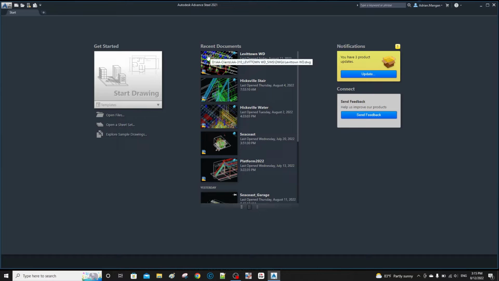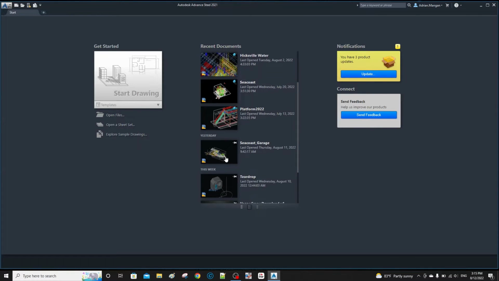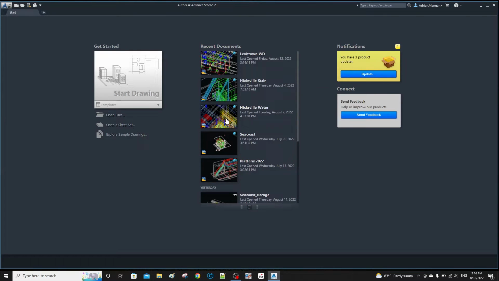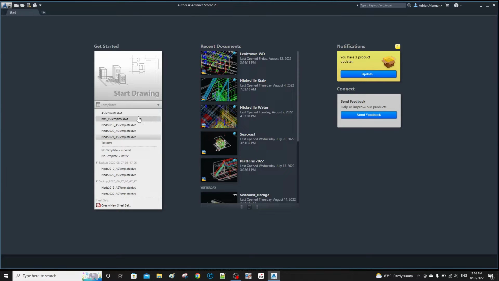Now, if I open this project, it's still going to be in imperial because this prototype is in imperial. So the main thing that'll be different is my management tools. So what we've got to do is, we can see I have these templates, but they're all imperial. So this is a metric one. So what you can do is you can either